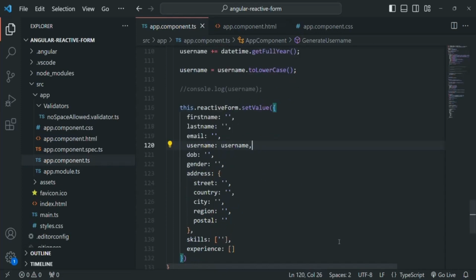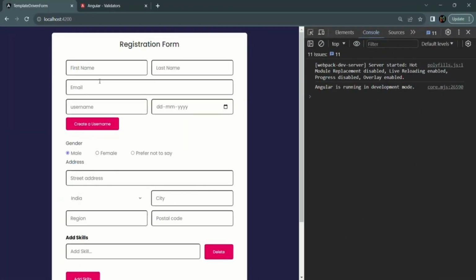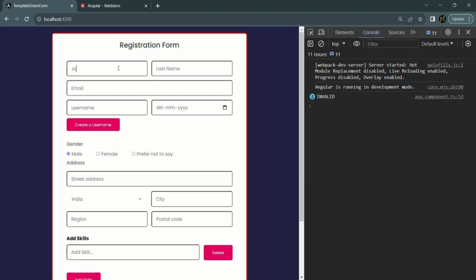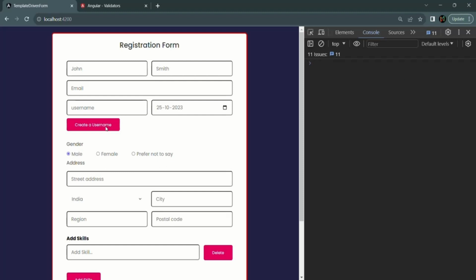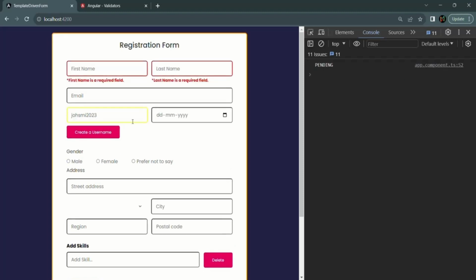So let's go back to our web application. In the form, let's enter first name, let's say John, last name Smith, and let's select a date of birth. Let me clear the console here. And when I click on this create a username button, you will notice that this username form control has been populated with the generated username. But other fields have become empty. That's because when we click on this create a username button,